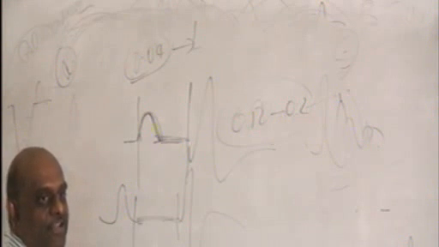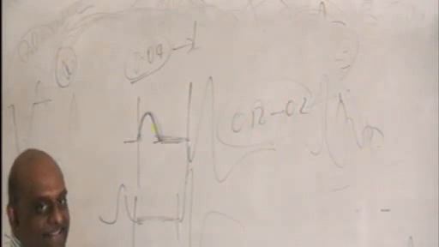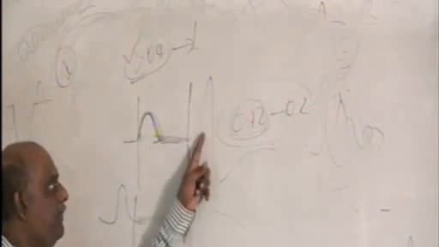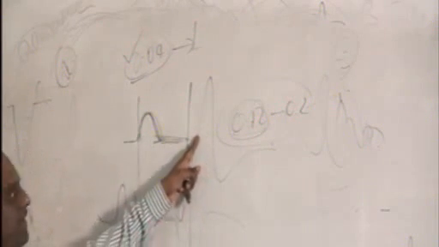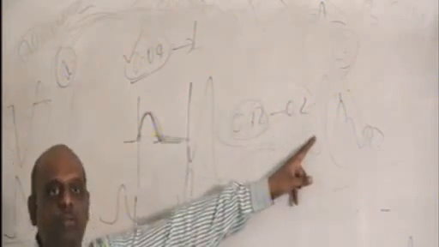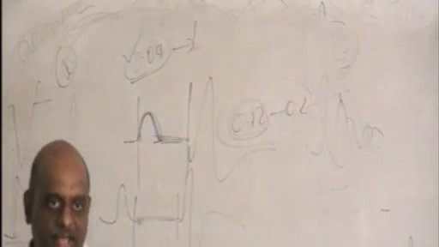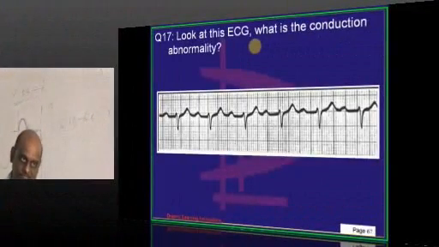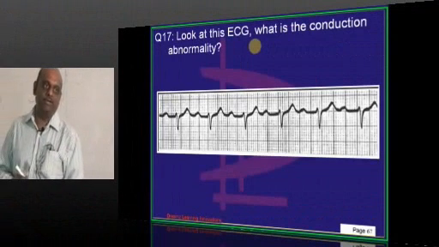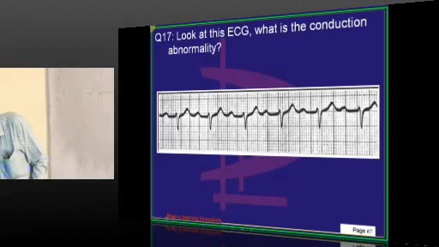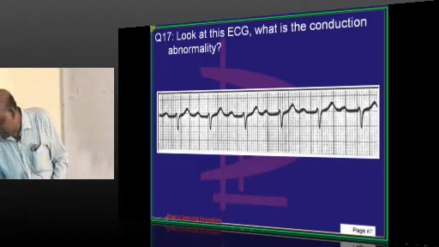Why all these things for me? For you to get an MD in gynecology and obstetrics, you need to know a few things. So 0.12 is how many 0.04s? 3. So the normal PR interval is 3 small boxes, at most 5 small boxes. If it is more than 5 small boxes, that is called a prolonged PR interval, which is the only thing you see in what? First degree heart block. Right, doctor? Yeah.